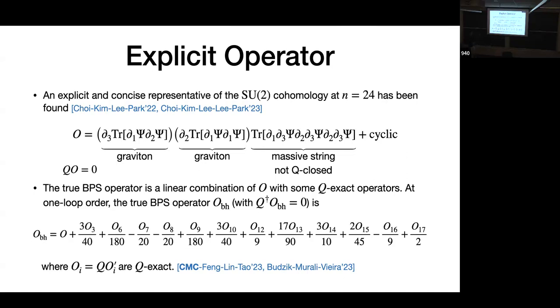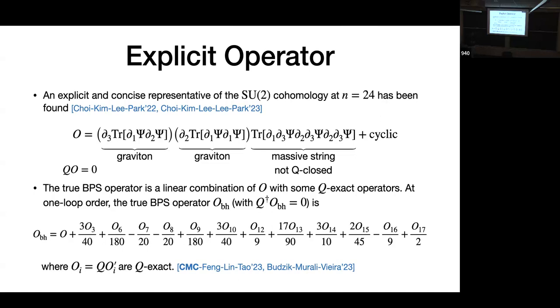And can you generalize this representative to higher? I will talk about some generalization, but you can generalize to higher charges, but so far not higher n. But for SU(3), people do not know. So it's very heuristic when you say this corresponds to the massive string. Yes, so far. There is a bit more precise sense I can talk about, but I deleted that part in my talk. But if you are interested, I can do it later.